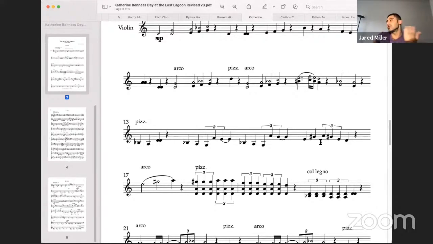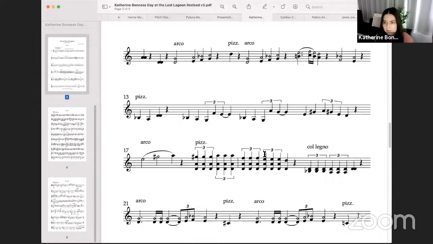I used eighth notes and quarter notes as an example, but it could also be eighth notes and half notes, or quarter notes and half notes, or quarter notes and dotted quarter notes, and see how that affects your approach. Because you don't have bar lines, you don't need to stick with quarter notes necessarily. You could really expand beyond that and be much more plasticine with it. Does that all make sense?